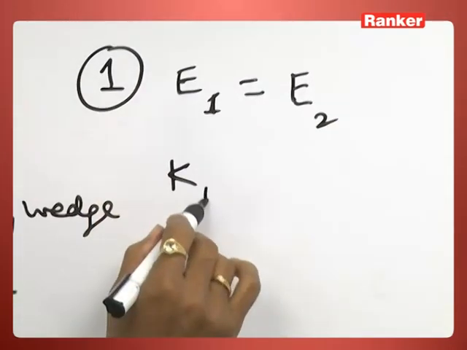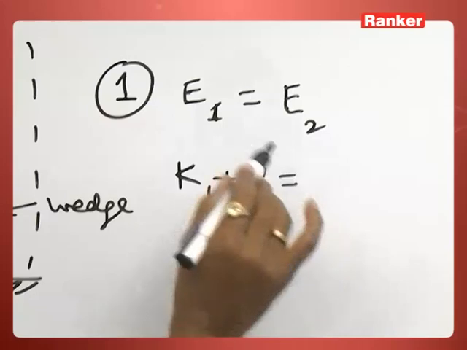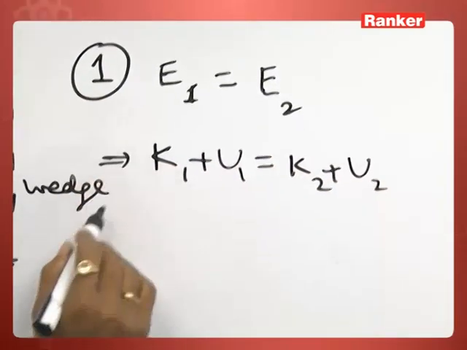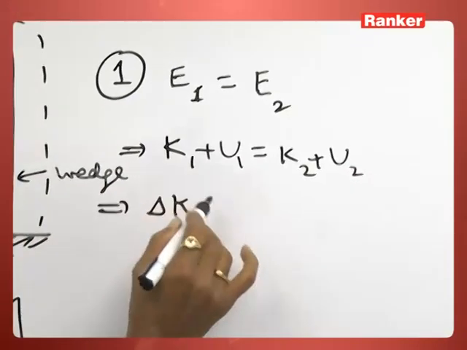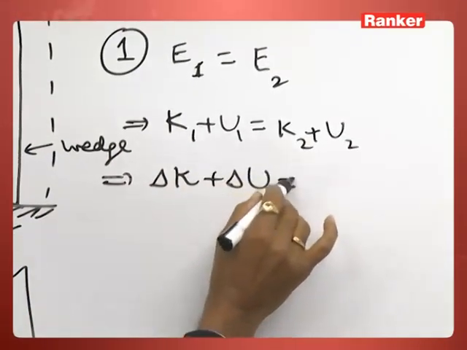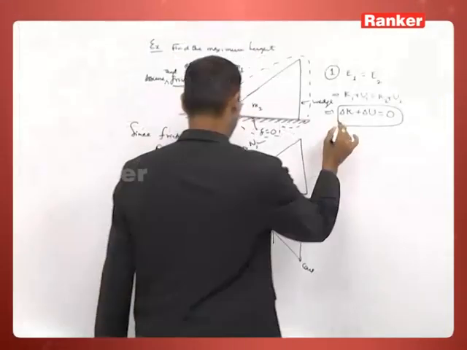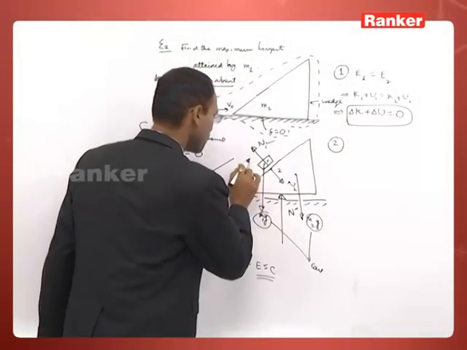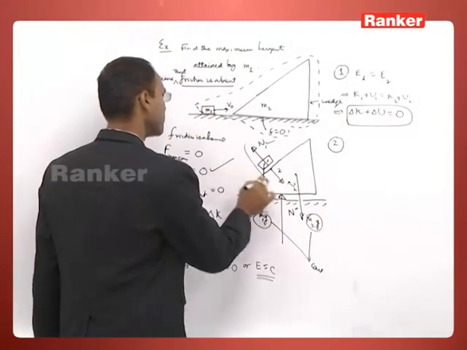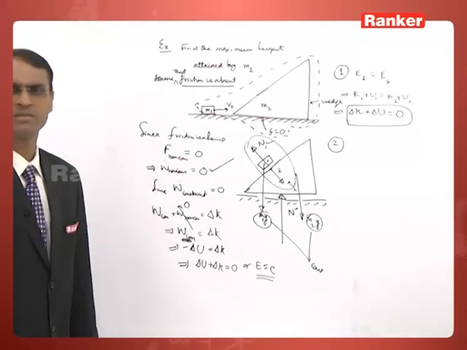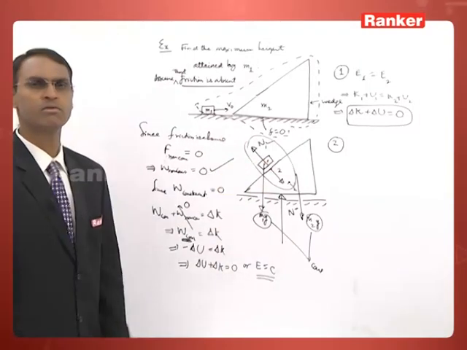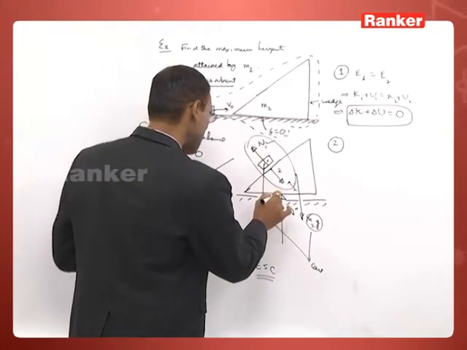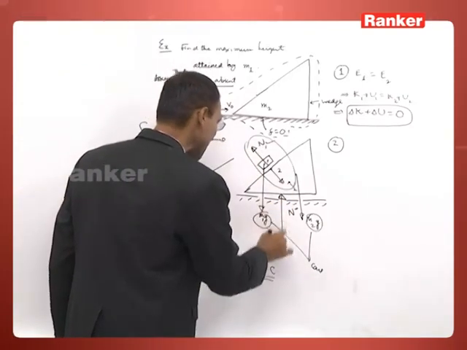Kinetic energy plus potential energy initial must be equal to kinetic energy plus potential energy final, or you can just write change in kinetic energy plus change in potential energy of the system must be equal to 0. Next, observing the free body diagram, these two forces are the internal forces. As a whole, they will be equal to 0 when we add them. And this normal reaction, even though this is acting from outside,